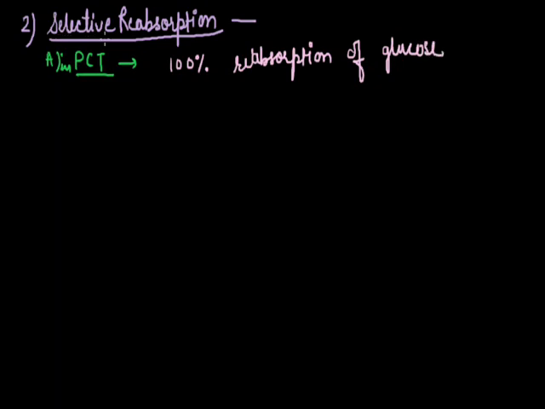As I am saying, it is selective reabsorption. That means first of all, body will select the substances as per the body requirement, and they are again absorbed in the body. So glucose, this is quite desirable to us, so it's 100% or it's completely reabsorbed in PCT. PCT is a tract where 80% reabsorption of water is also done.